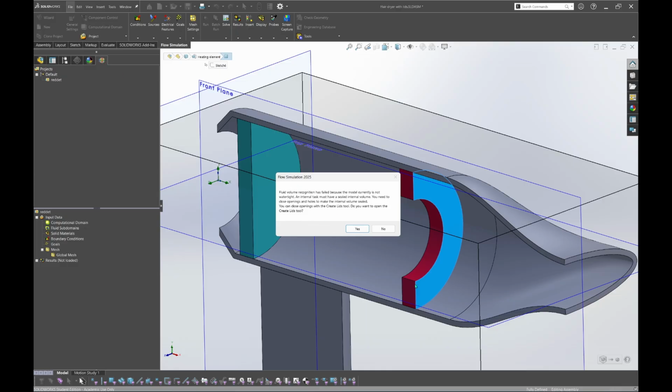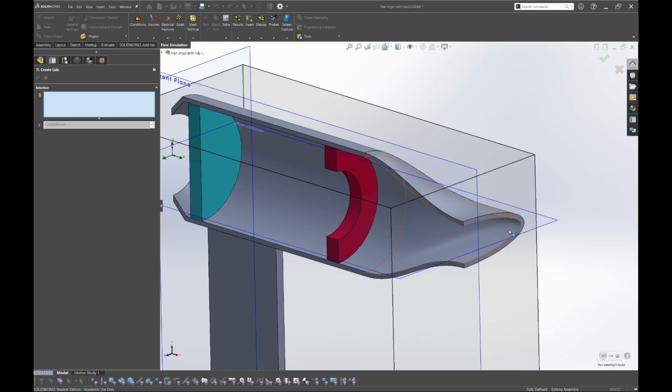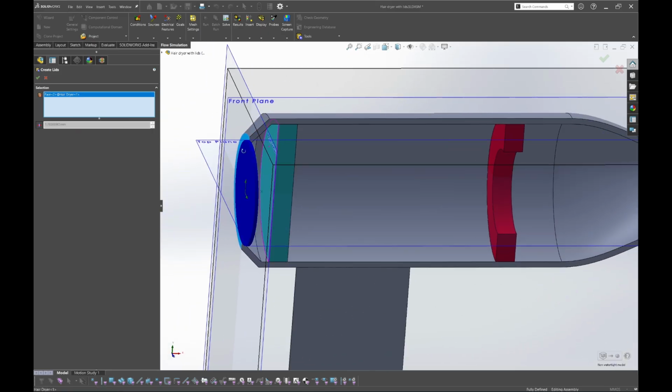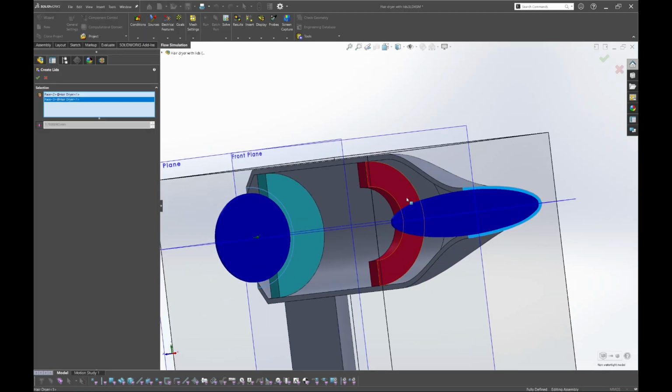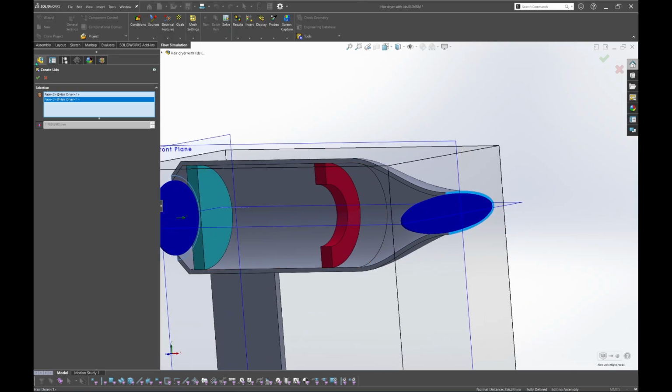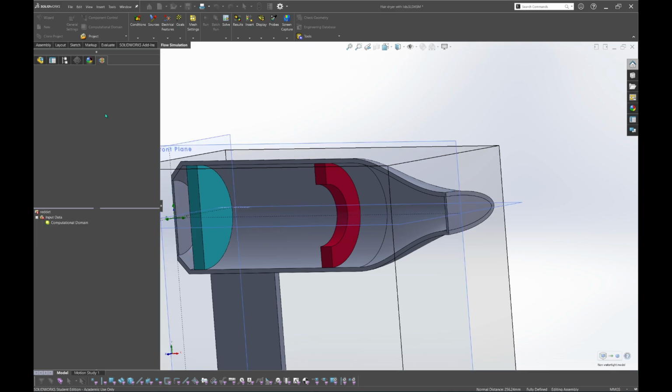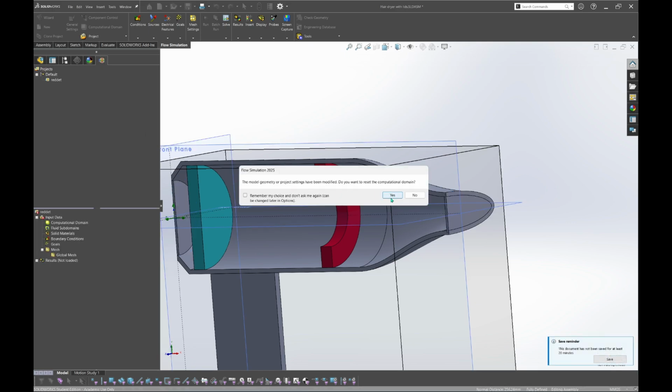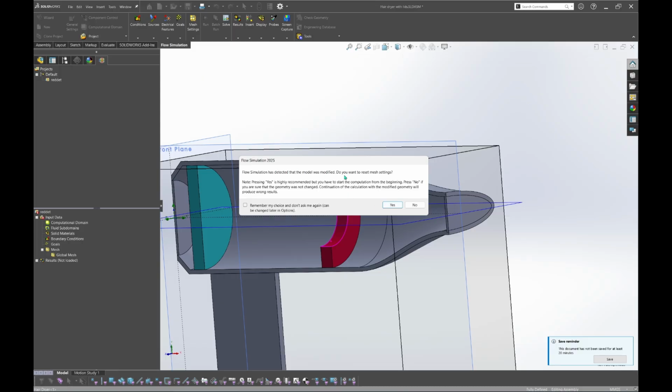Okay, because you want to use flow simulation, you need to lid on the inlet and outlet. So like this. First, I take it for the inlet and for the outlet. For your information, for the thickness, it is a default for this model. So I will validate, and okay, yes, and yes.